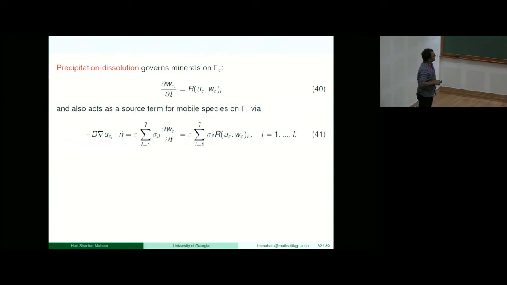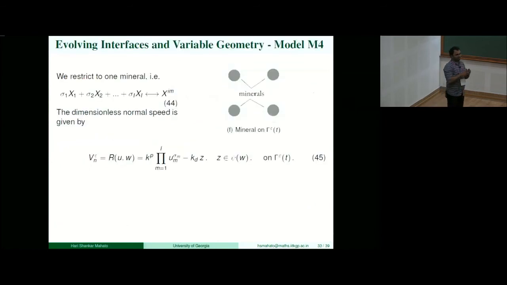So this is the case when we assumed that even though some kind of mineral is dissolving, giving you mobile species, or mobile species are reacting, giving you minerals, we always assume that the interface is not moving. But realistically, if you visualize, when they are going through dissolution, the interface will become smaller and smaller, but when they are precipitating, the interface will become bigger and bigger. So you are basically in a situation of a moving boundary problem. And that is a more realistic situation, right?